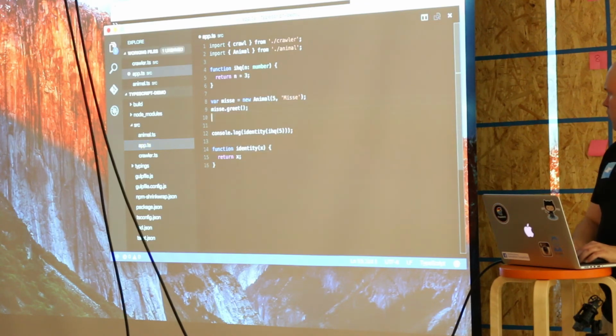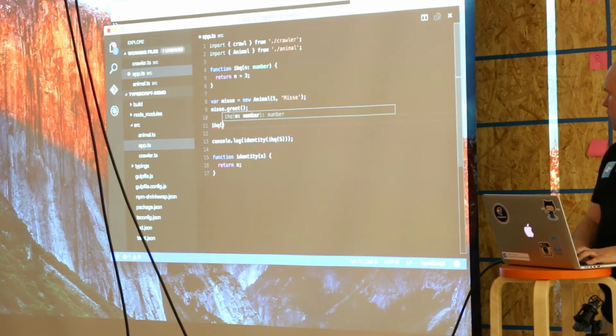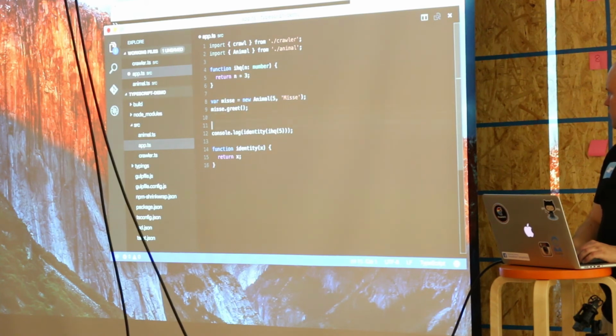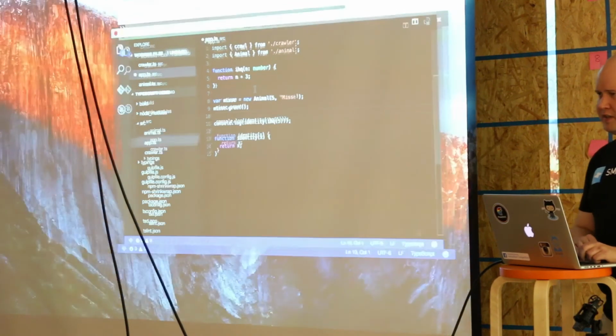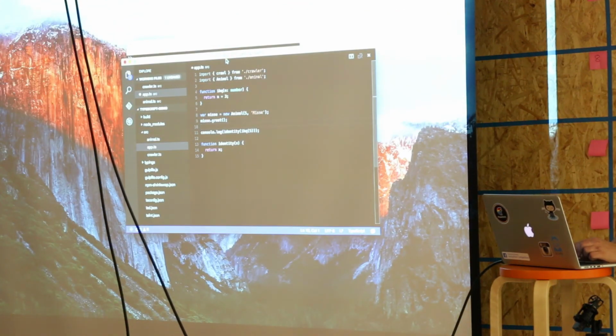Also, you get to use the new import syntax. If you try to call this with an invalid parameter type, you get that. What else? So basically, you get a lot of the compile time help, even across the different modules.